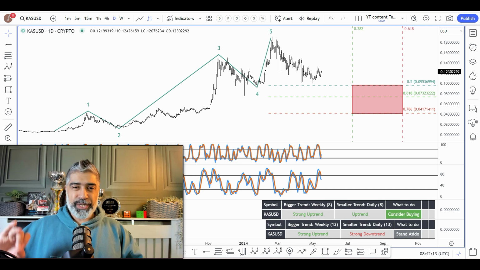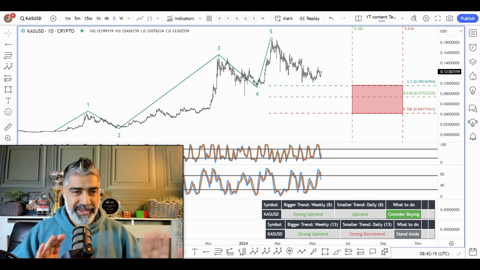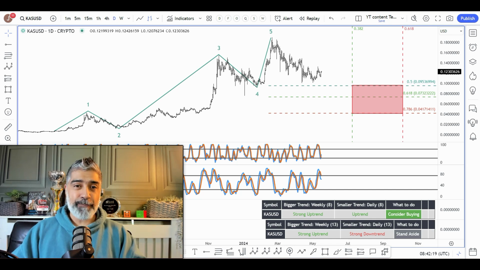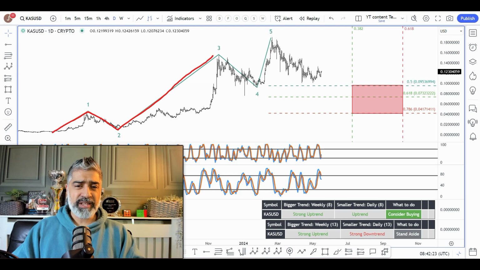Looking at the price action with Casper, it's Casper with a K, so KAS with the ticker symbol, we have a nice 5-wave move to the upside. So remember what I said, markets typically move in 5s and 3s. This is a pretty clean 5-wave structure, and after a 5-wave structure, you should always anticipate a minimum of a